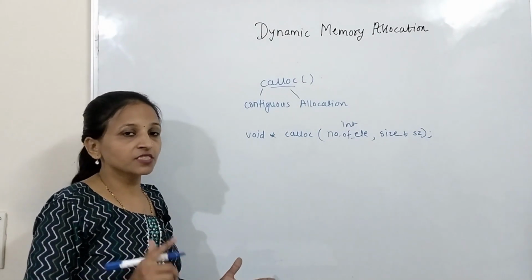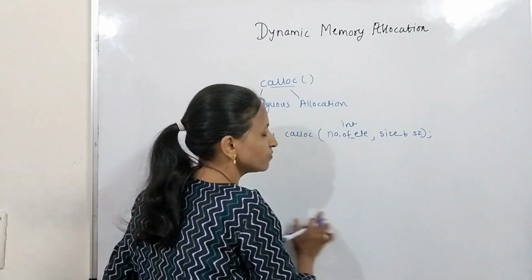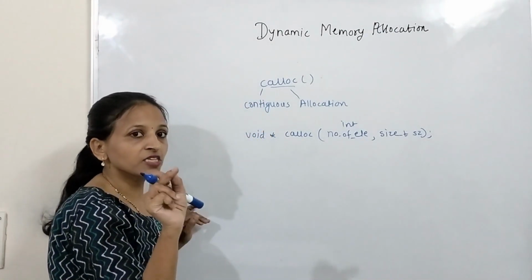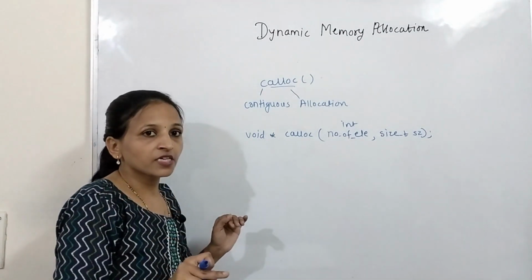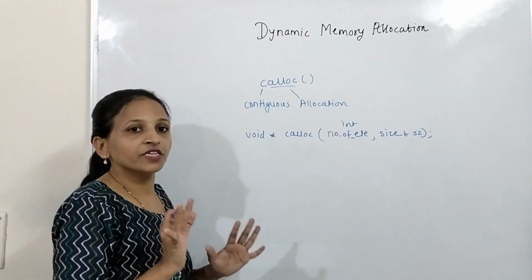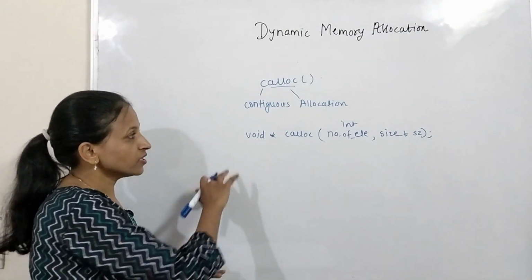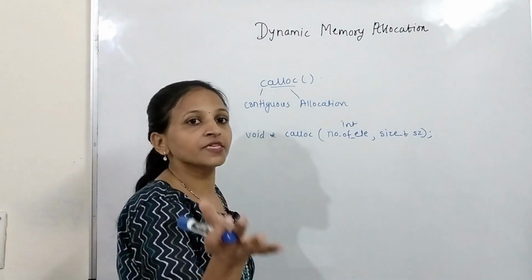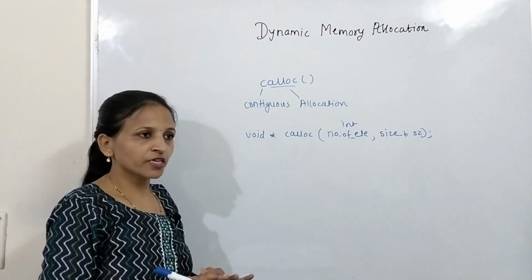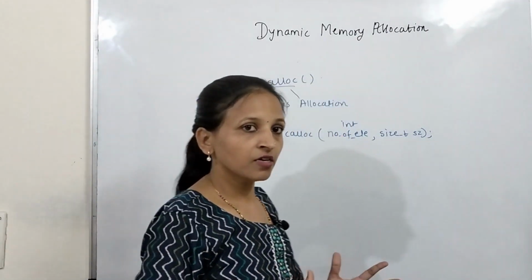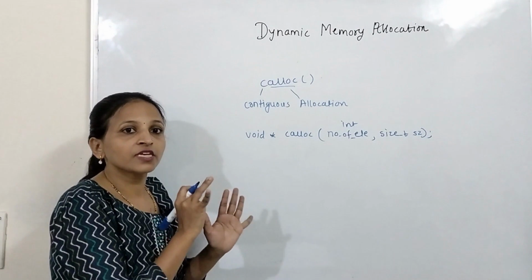The next difference is that in the case of malloc, whatever space we allocate will initially have garbage values. But here, whatever space we allocate will have zero value initially. Getting? Again, this allocation will be done in the heap section only. Now how to use that function? Suppose I want to allocate space for 4 integers, then instead of malloc, how can we use calloc?